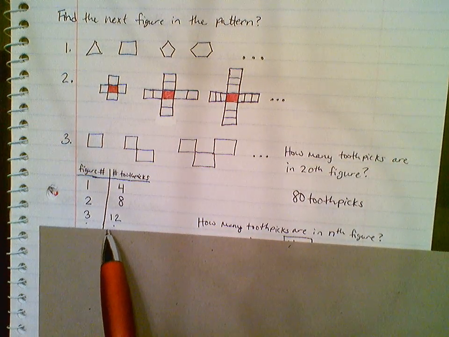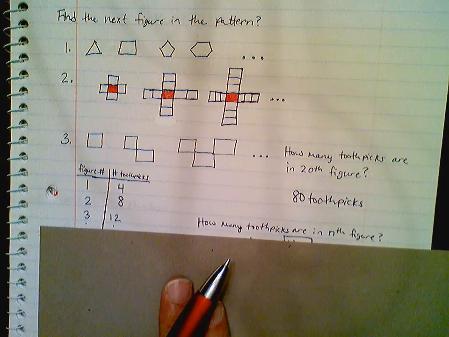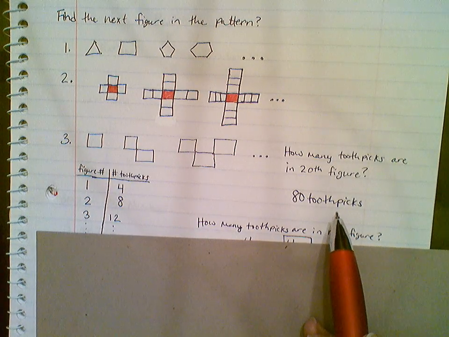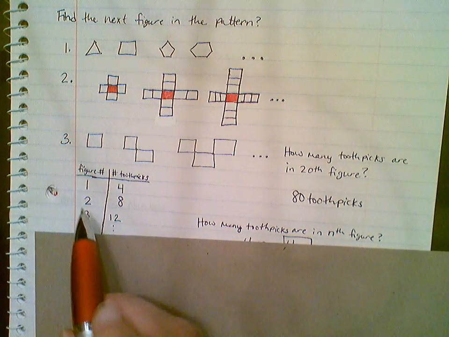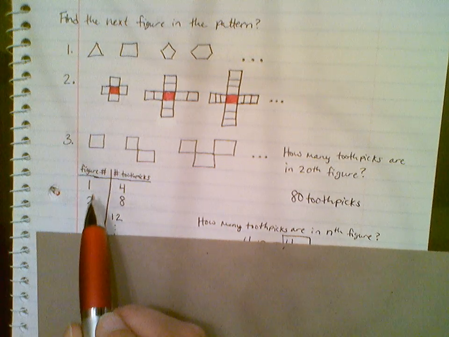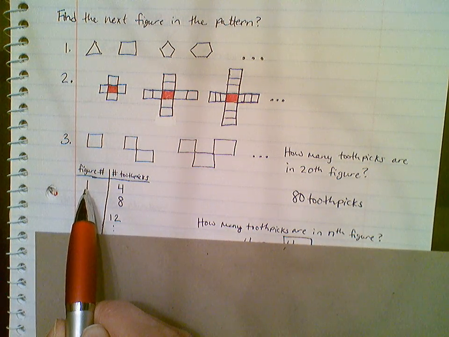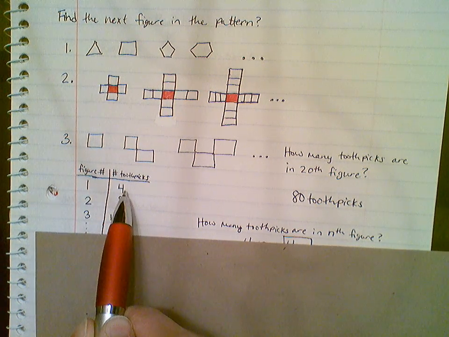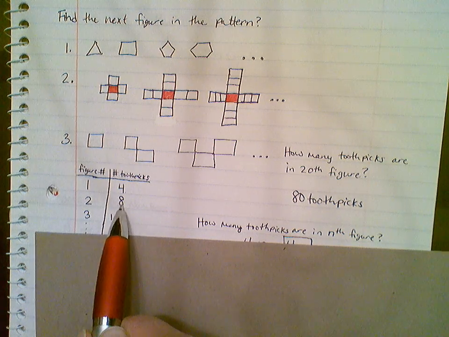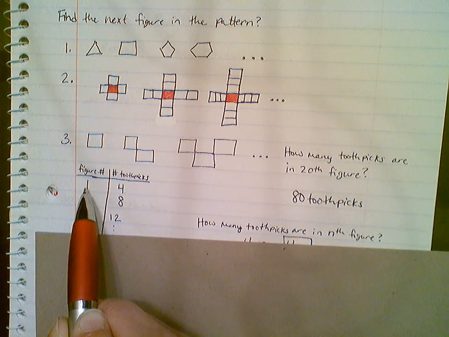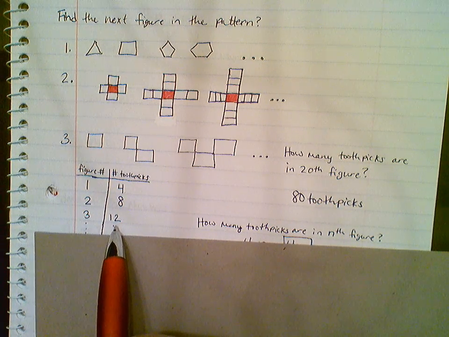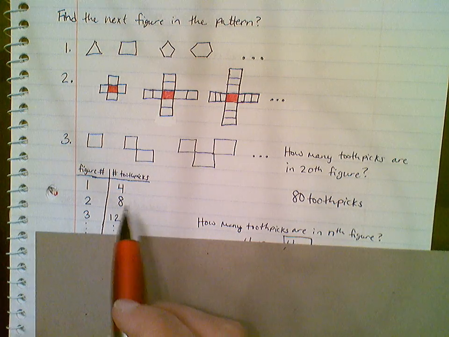So there's a couple different parts that they're asking us to do. The first part says how many toothpicks are in the 20th figure. Now notice I have 80 toothpicks. How I got that, I was looking at my table. I was trying to find the pattern between the figure number and the number of toothpicks. So the pattern was taking the figure number and multiplying it by 4. If I keep doing that, you'll notice that it works. So 1 times 4 is 4, 2 times 4 is 8, 3 times 4 is 12. So if I wanted to know for the 20th figure, I'm just going to multiply that by 4, my pattern,